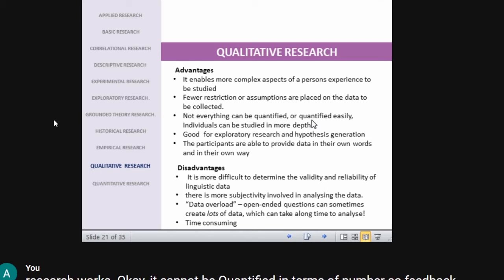So qualitative research helps to study the phenomena in depth actually. So feedback, when I give open-ended questions, you can write it. When I ask a yes or no question or a 1 or 2 question, you will just write the number only. Just yes or no, simple as that. So when I give you a free, open-ended way to express your opinion, you will tell all the drawbacks and all the advantages. See, the depth of the phenomena can be studied in detail. So that is the advantage of qualitative research.